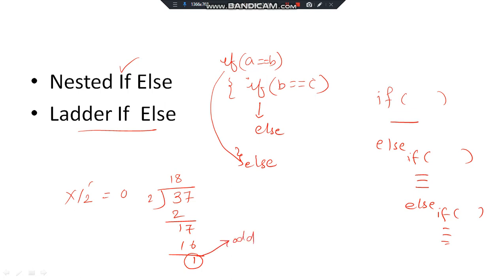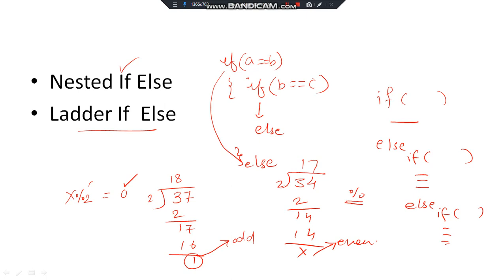And if I take 34, let us say, and divide it by 2, 2 ones are 2, and 14, 2 sevens are 14, remainder is 0. If the remainder is 0, it is an even number. So I have to use a remainder operator here. Mod is the remainder operator. Mod means percentage. Percentage is the remainder operator. If you do x modulus 2, if it is 0, in that case it will be an even number. If it is not equal to 0, in that case it will be an odd number.